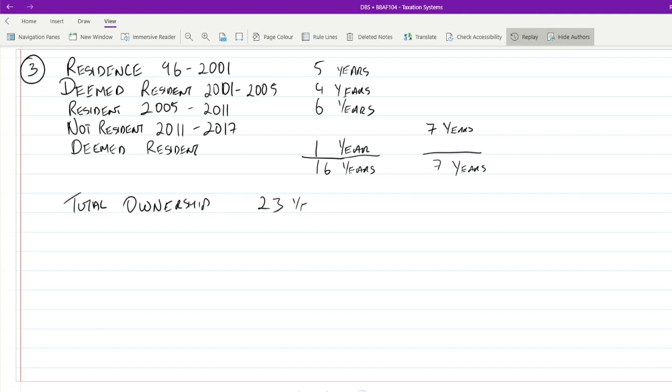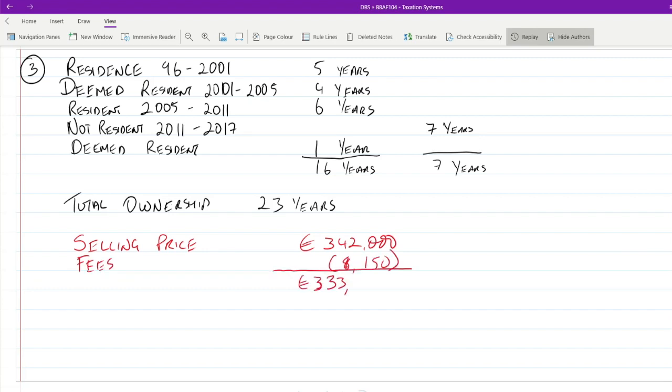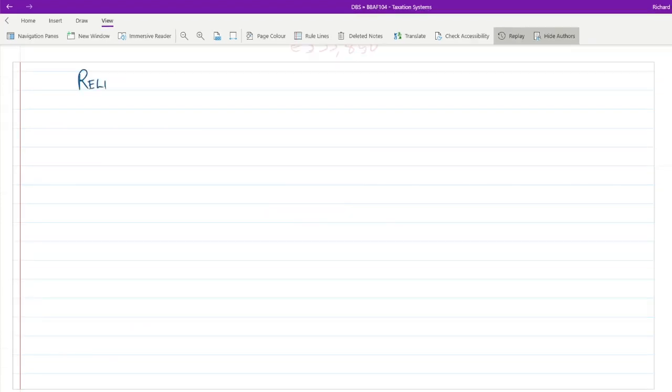The final year before the sale of the property, the taxpayer is also deemed to be resident. So we need to apportion the sales price for the number of years that we are deemed to be present, which is 16 out of the 23 years. So when we work out our net sales price, we multiply it by 16 and divide it by 23. Subtracting the relief from that